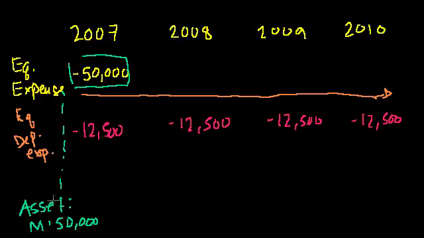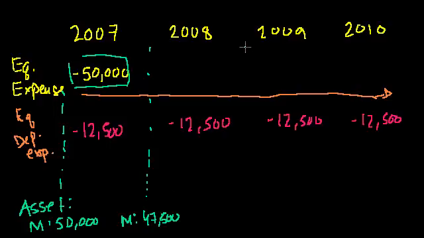And we would account for it on the balance sheet because remember, income statements are just telling you how you get from one balance sheet to another. So expenses reduce the value of your asset. For example, at the beginning of the period, before the 2007 income statement, the asset was worth $50,000. We depreciated $12,500 from it. So at this point in time, the balance sheet as of the end of 2007 or the beginning of 2008, we're going to say that our machine is now 12,500 less, so